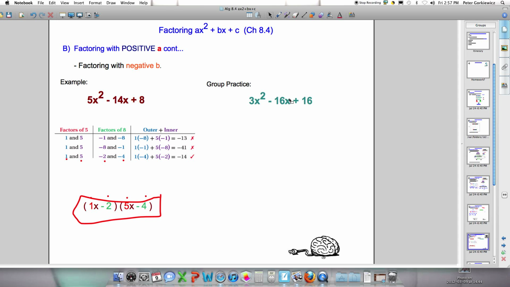You can try that with this group practice, and stop the clock now. All right, so